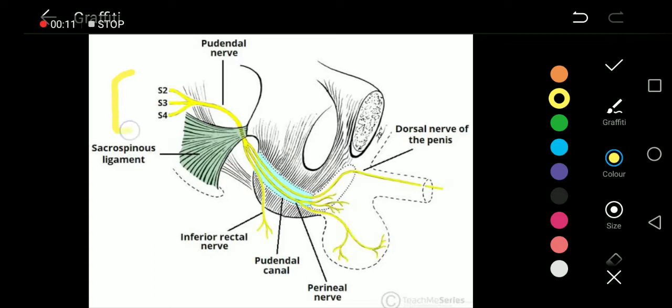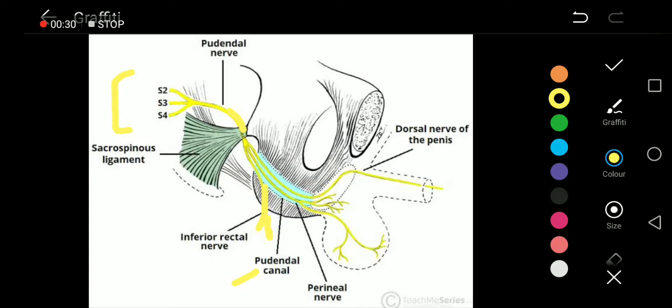Its origin arises from the sacral plexus from the nerve roots S2, S3 and S4, and after passing through the greater sciatic foramen it enters into this bluish pudendal canal shown over here, which is there in the lateral wall of the ischioanal fossa. And from the medial wall of the pudendal canal,